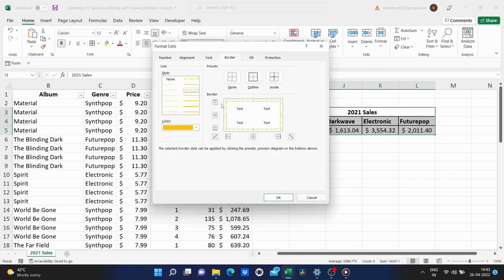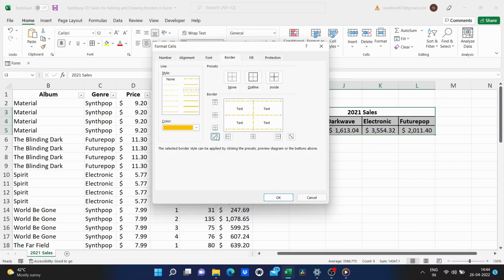You can see what it did. This gives me a preview of what it's going to look like based on the selections I'm making. If I click None, it removes the selection I had, or I could just say I want the inside borders to have these border styles. These buttons here allow me to add in the top border, a middle border if I want, a bottom border.